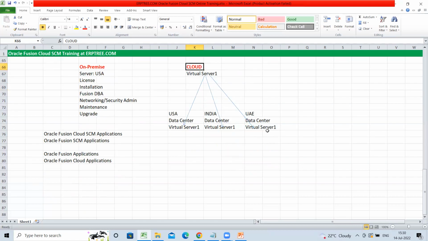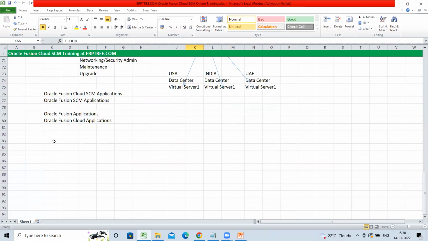In cloud, we have three different options for companies. One is